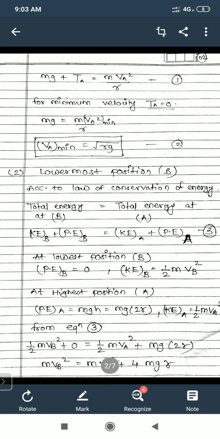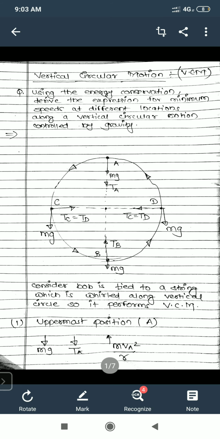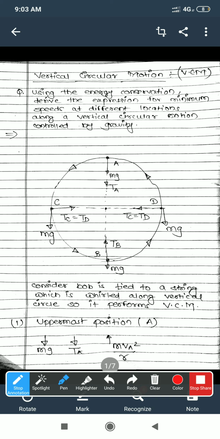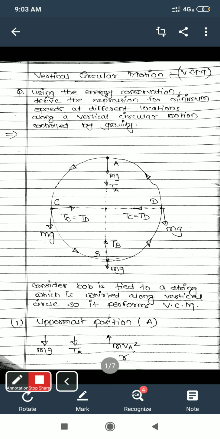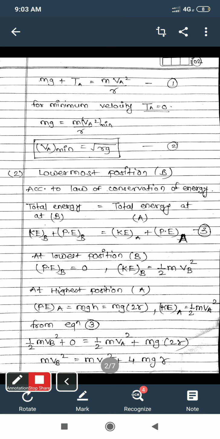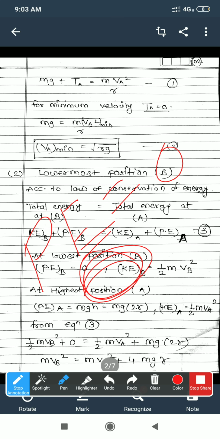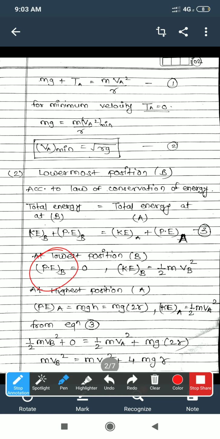So students, what is potential energy? It is the stored energy. Whatever energy is stored by that particular position will be potential energy, that is mgh, right? But in this lower position, always consider potential energy equal to 0, because it does not stop. Continuous motion is there actually. Because of that continuous motion, there will be no storage. So potential energy will be 0. So we have written potential energy as 0 over here. Okay.